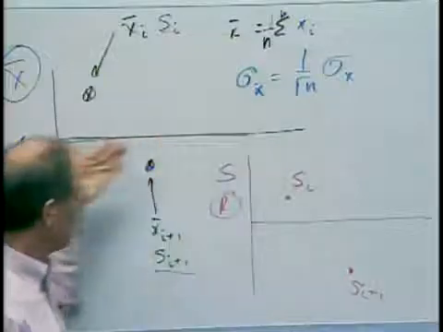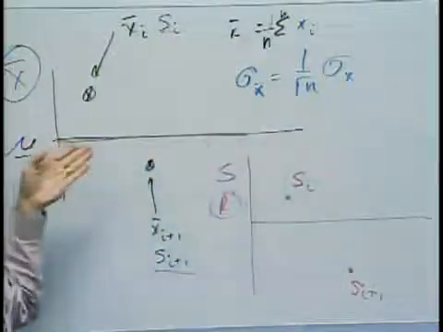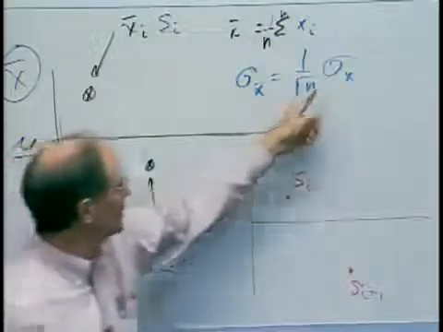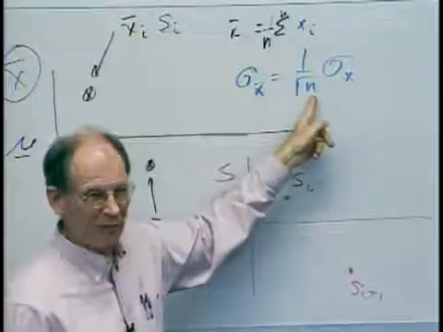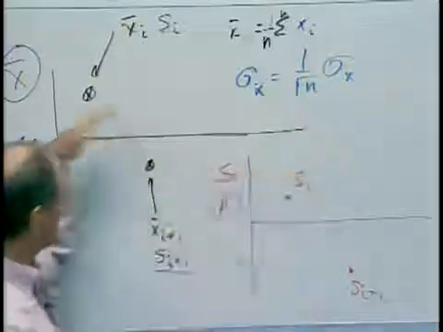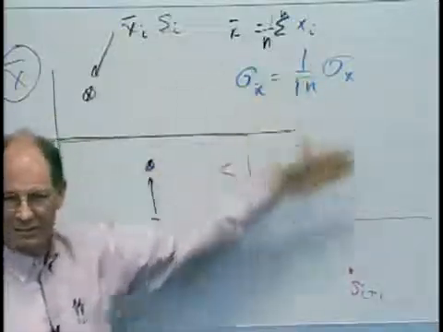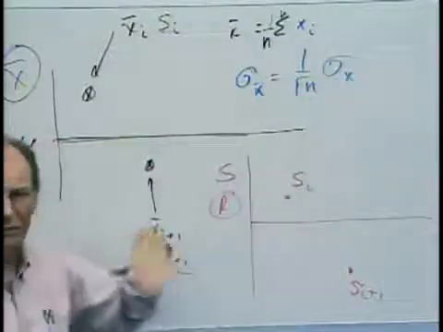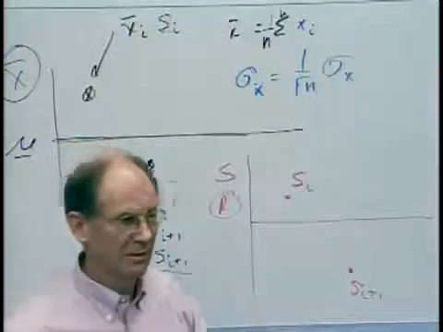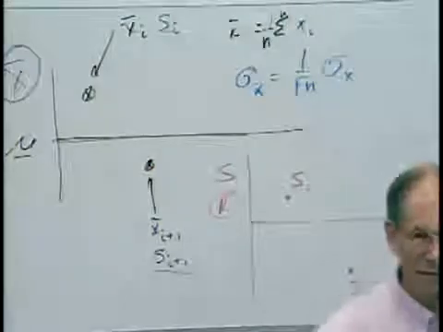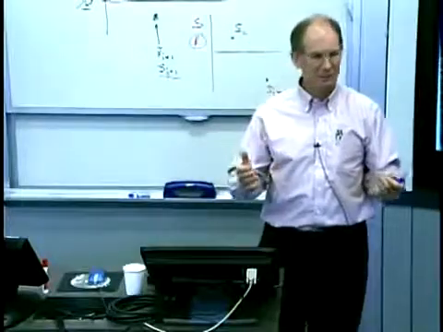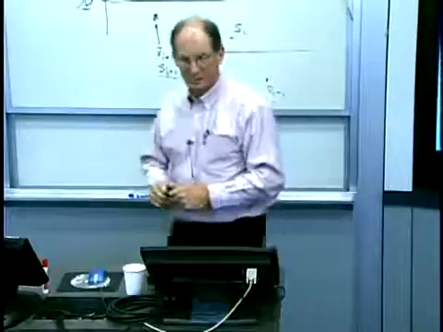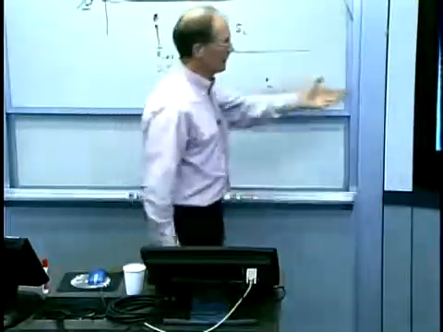So if I'm plotting my estimate of the mean value, and n is a really small number, like 1 or 2, then I get the maximum variance of that estimate. It's going to be all over the place, right? If I increase n, that gets tighter and tighter, so I'm getting a better and better estimate of what the true mean value is. So obviously maximizing n minimizes the variance of my estimate of the mean, and so I'm doing a better job of estimating the mean. So why not just make n a really big number?